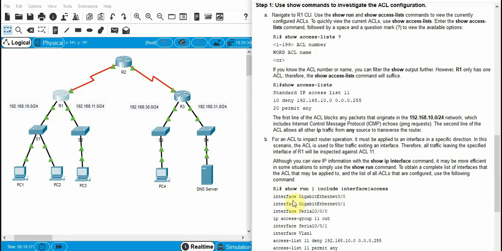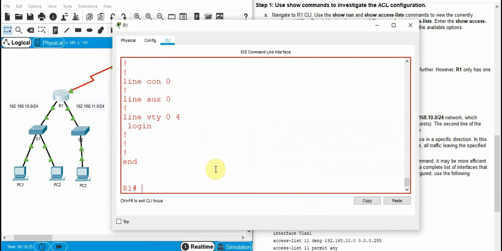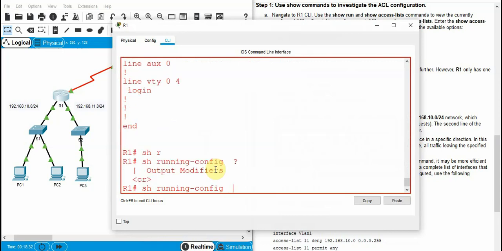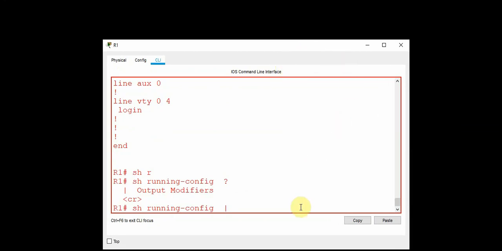So it will show you only the output like this. We will try this command here. So show run. Just a minute, I want to put a marker here. Okay, this is the output modifier I put here, and include interface.